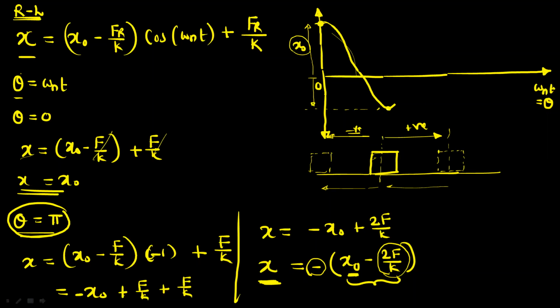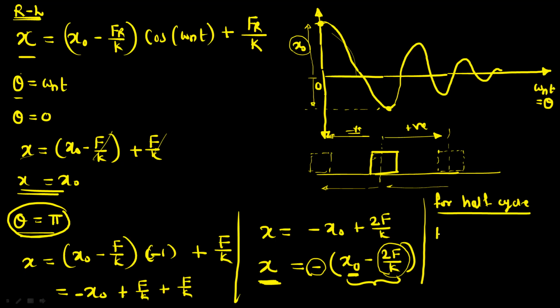And again from this point, mass will start the motion towards the right side. So this is the cyclic motion. So in the half cycle, for half cycle, the reduction